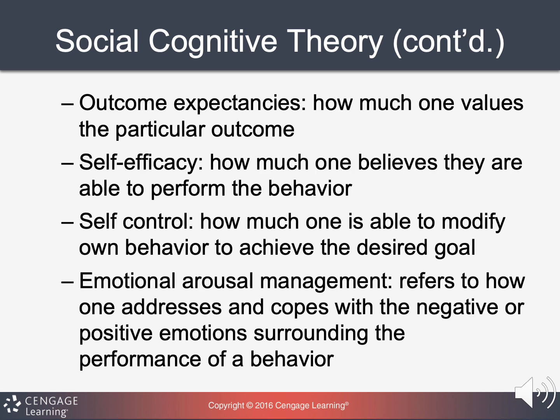Outcome expectations, so how much does a person value that particular outcome? How much does that child value the outcome of watching their uncle live a life that he's living and maybe want a life similar to that? Self-efficacy, how much control does the person believe that they have over this? How much do they believe that they can do this behavior, continue to do well in school? Self-control is how much they are able to modify their own behavior to achieve the desired goal. So how much are they able to focus on school without falling into drugs? How much control do they have over that? The family might be offering them drugs, or might just be readily accessible.